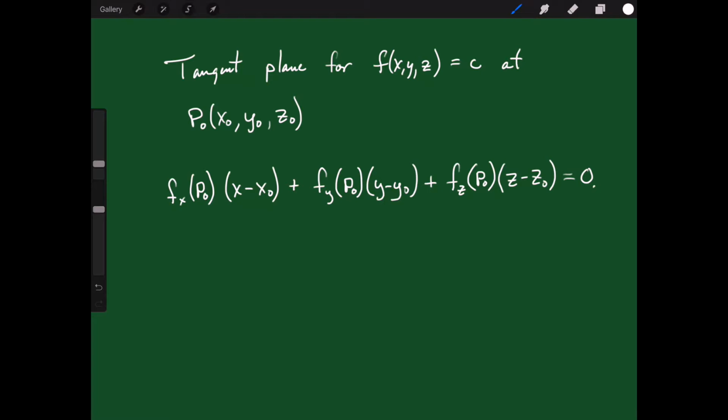Okay, and so this is how we will in general find the tangent plane for a function of 3 variables,